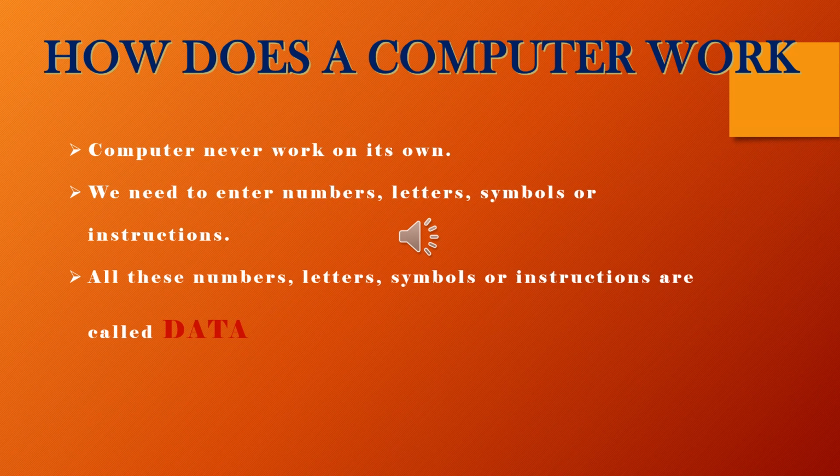So in the previous chapter, you have read that a computer doesn't work on its own. It will never work on its own. We have to give some instruction to it, and then only it will work. We human beings work on our own. The computer doesn't take any decision; we have to give it some orders. So how does it work now?